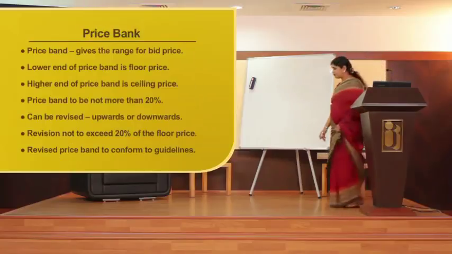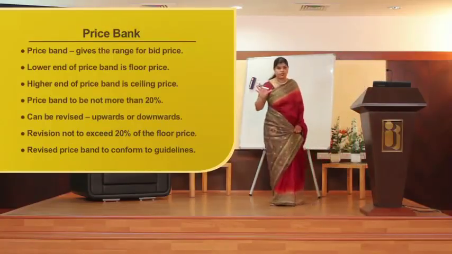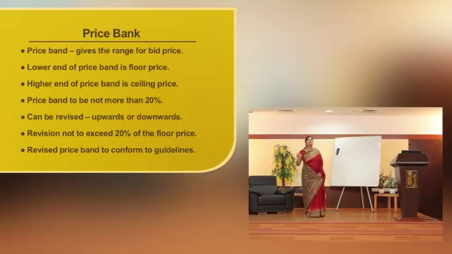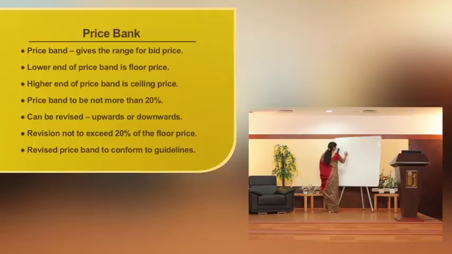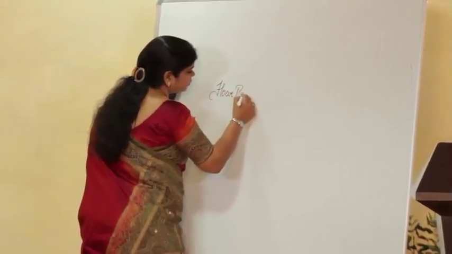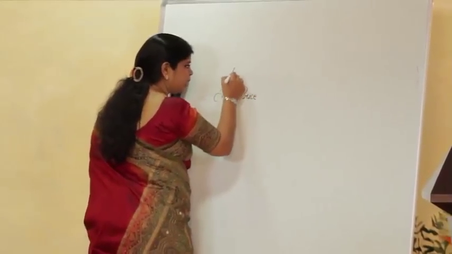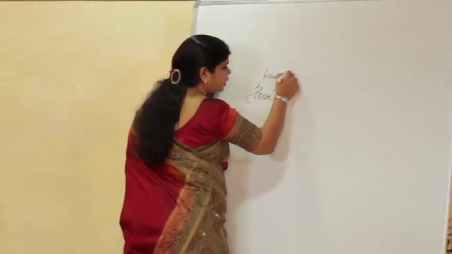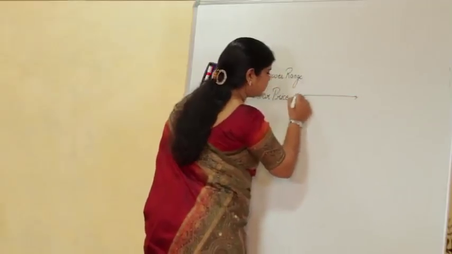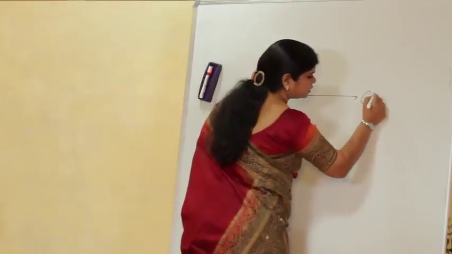Now what is the price band, friends? The price band is nothing but a range. Rather than giving a particular price, I am trying to give a range to my prospective applicants, right? To my applicants, I am giving a price band. The lower end of the price band is called a floor price, right? So there will be a floor price. That is a lower band, a lower range, right? And then there is a cap price,